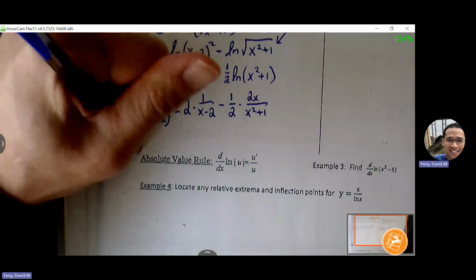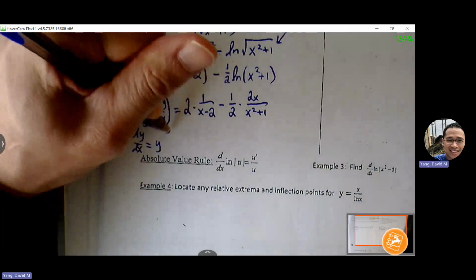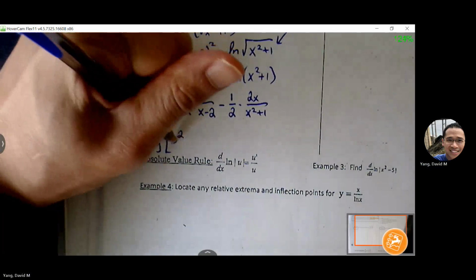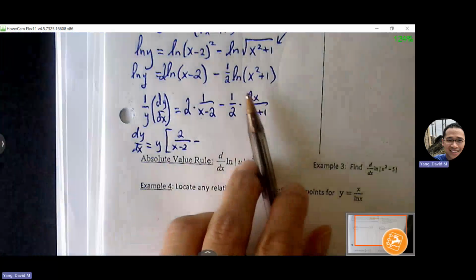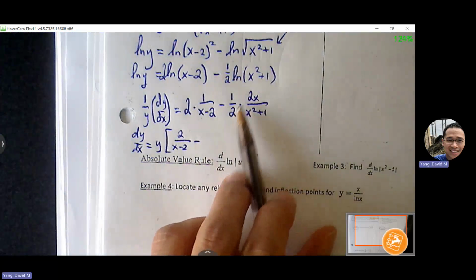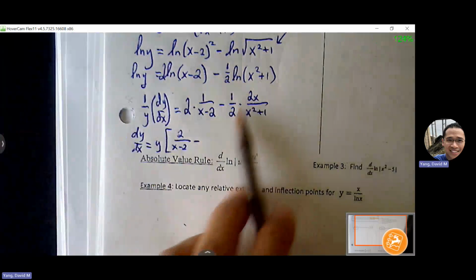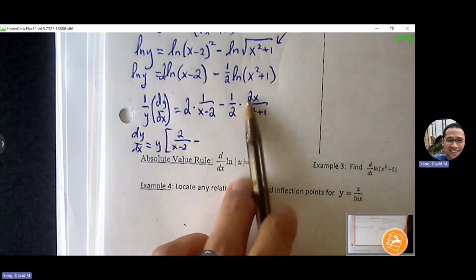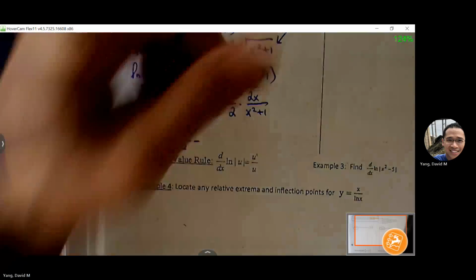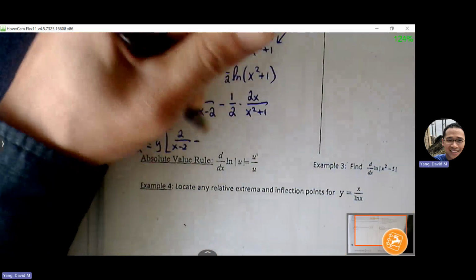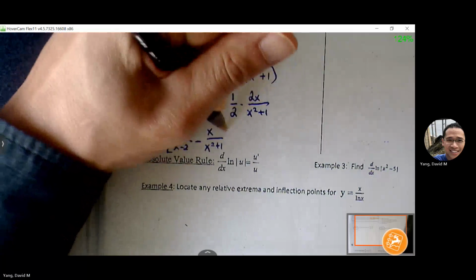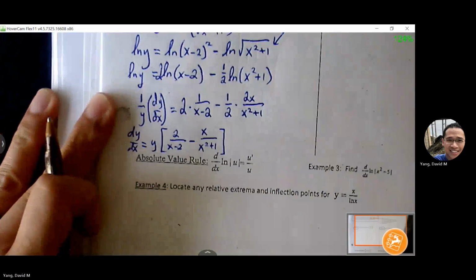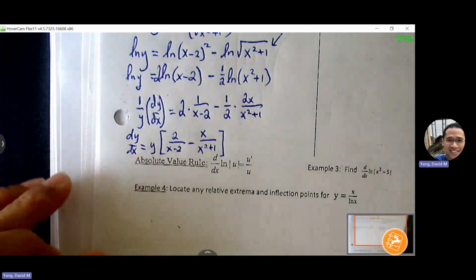Dy dx equals y times. Do a little bit of cleanup here. The 2 and the numerator and denominator can just cancel out because these are multiplied. There's no addition and subtraction that's separating these two. Well, at least not within this fraction here. So we have our derivative,